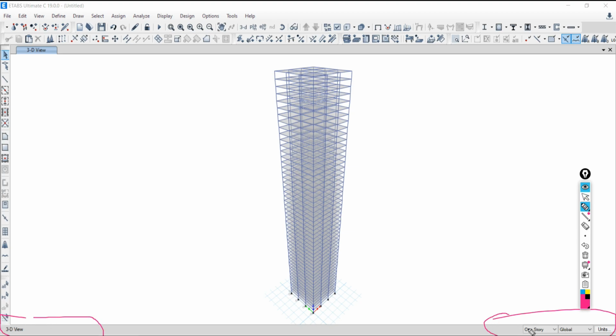The left bottom side will show you what selection is there, what things you have selected. If you give your concentration here, there will be fewer chances of mistakes. You should also focus on this side, on which story option you are working with.